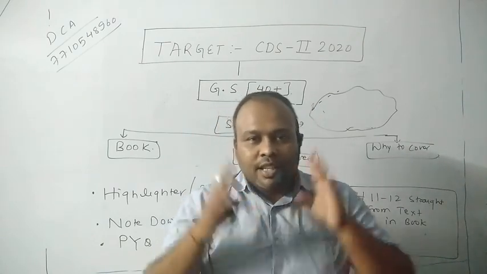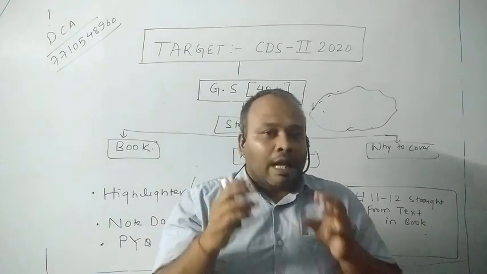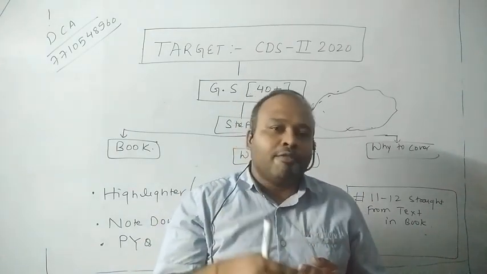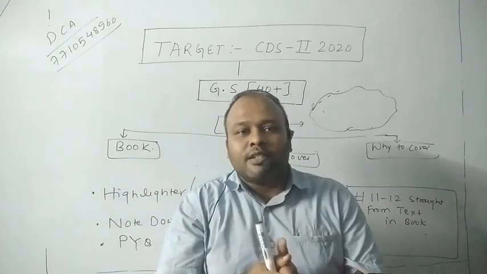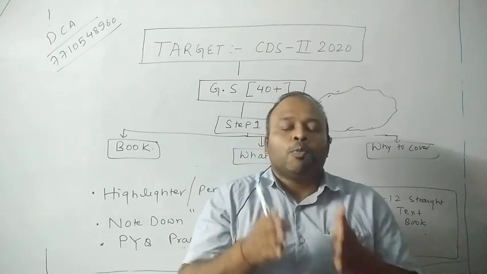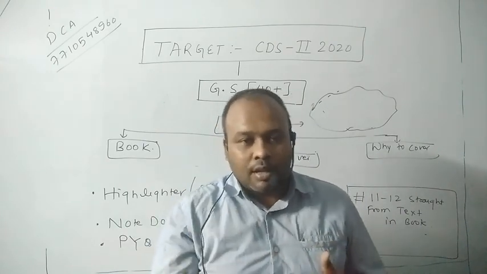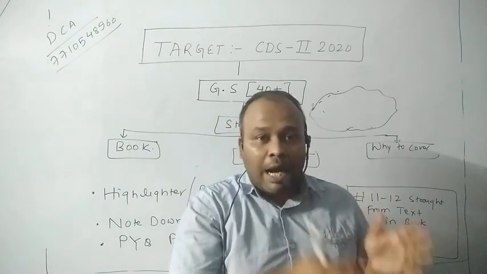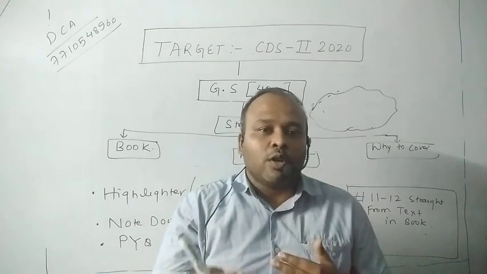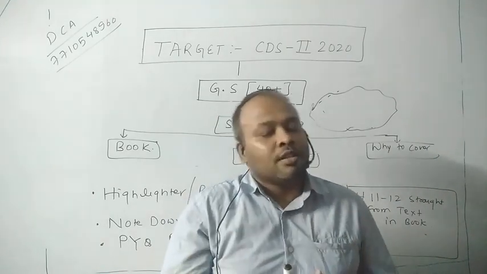So let us keep the discussion focused on the very first step, that is the GS paper, which is mandatory even if you are preparing for IMA, OTA or INA. आपको वो देना mandatory है. So the first step you plan is कि अपने को किसी तरह 40 से ज़्यादा लाना है. That is 40 plus in GS, right? So assuming 35 is also good, 32 is also good. I am not saying it's bad, but when you try for 40, you are going to be around 32 or 33 because UPSC is an unpredictable service commission.